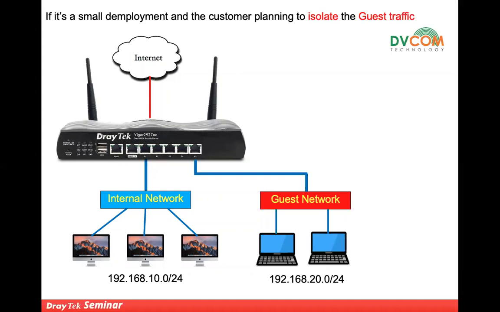It's purely license free. If you see here on my screen, there is port number 1, port number 2, port number 3, port number 4, and port number 5. Port number 1, I'm going to keep in the default VLAN, and I'm going to connect all my internal network devices. Port number 5, I'm going to isolate from the default LAN into a different LAN, so all the guest people connect into port number 5. Whoever comes to my office as a guest gets an IP address from 192.168.20, and I isolate their traffic from accessing my internal network, so that I can provide additional security.